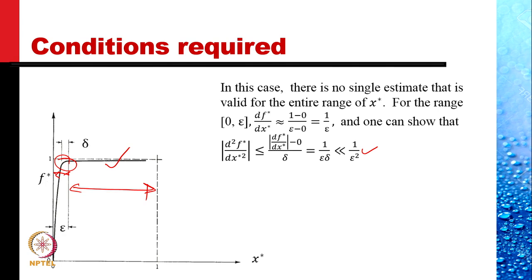This was famously done by Ludwig Prandtl at the turn of the last century, when he introduced the concept of boundary layer, a thin layer where the gradients are very large, when for the rest of the regions the gradients are well behaved. We will discuss this a little later.